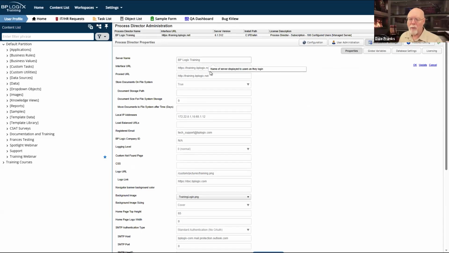But if you're an on-premise customer, you really are going to want to use the interface URL and put in the URL of your installation wherever it may be on your system. Obviously, for people who are running Process Director inside their network, they're going to have some sort of weird URL because it needs to reflect their internal DNS naming conventions or what have you. But whatever that URL is, you need to throw it in here.